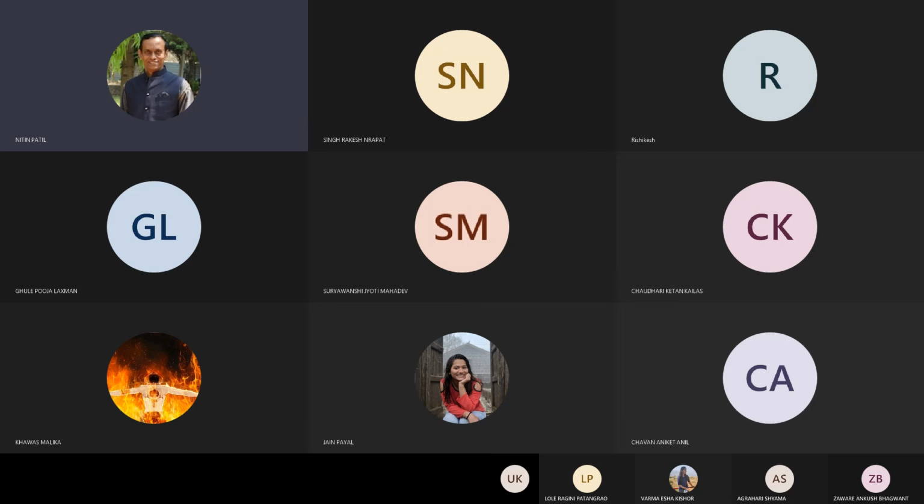Apart from these 5, whoever is remaining has to choose a file format. I think Rishikesh already added the file format. Fine. So the rest of you can post it. What is to be done? You have to prepare a 1 to 2 page write-up about it. Try to write in your own understanding. Avoid copy-pasting from sources like Wikipedia.